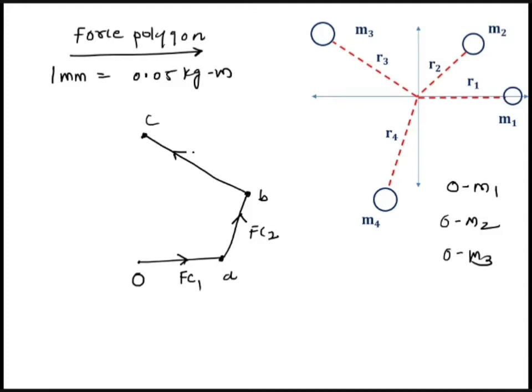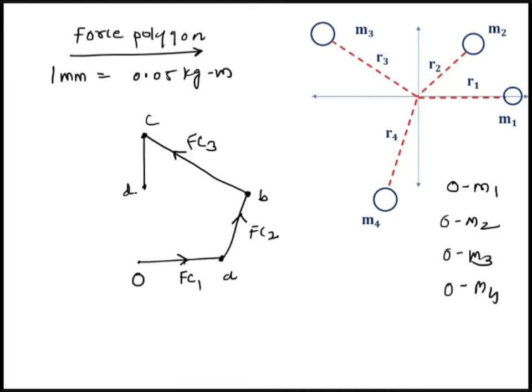So vector BC indicates FC3. And next, the last one is parallel to OM4. Now what is OM4? It indicates the vector